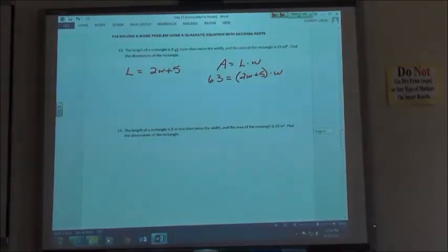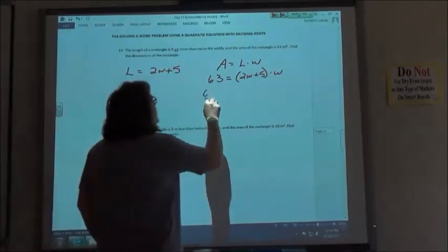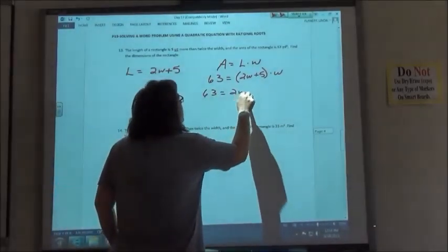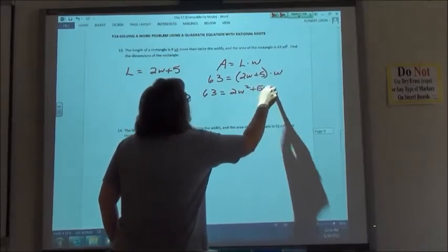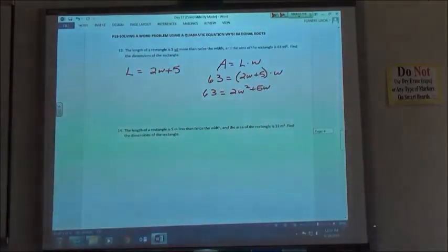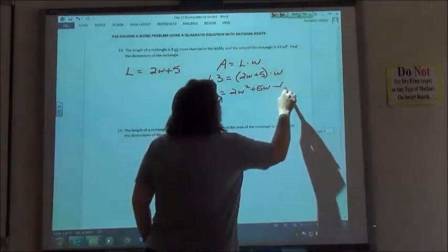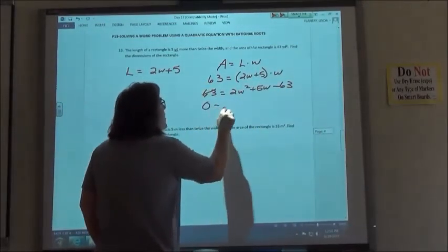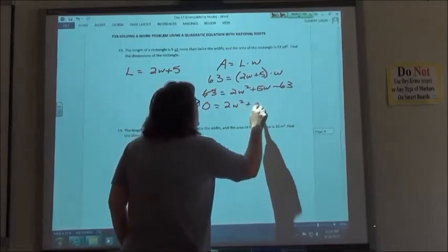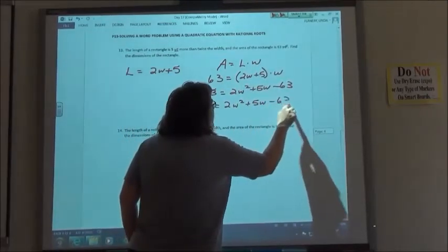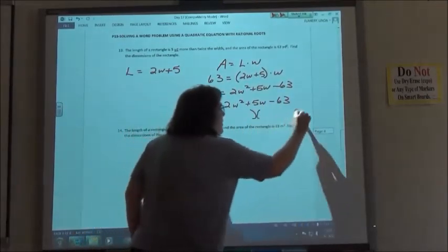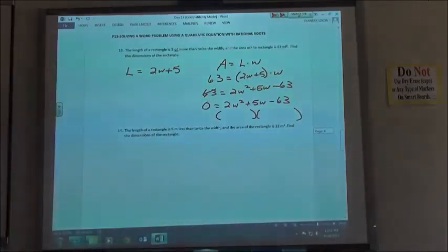So using my distributive property there, 63 is going to equal 2W squared plus 5W. I've got a quadratic expression. I'm going to set it equal to 0, so I'm going to minus my 63. So 0 equals 2W squared plus 5W minus 63. And I'm going to solve by factoring. So if I'm going to factor that, that's going to factor into